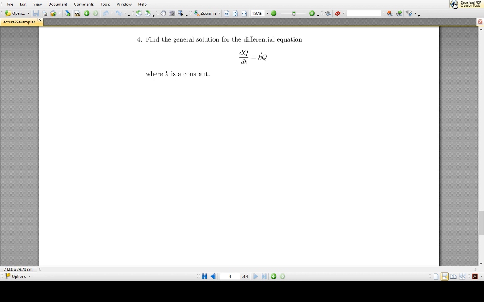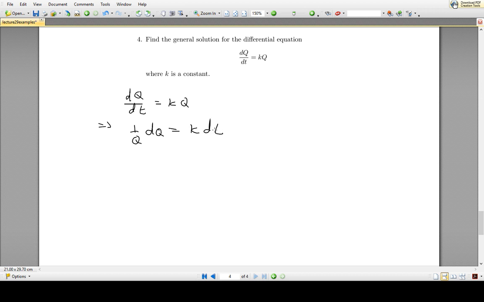And the reason it's separable is because I can move everything that has to do with q onto the one side, everything that has to do with t onto the other side. And so let's just go ahead and do that. So this is the original differential equation that we have, and we can just turn that into, by multiplying both sides by dt and dividing everything by q, what we arrive at is 1 over q dq is equal to